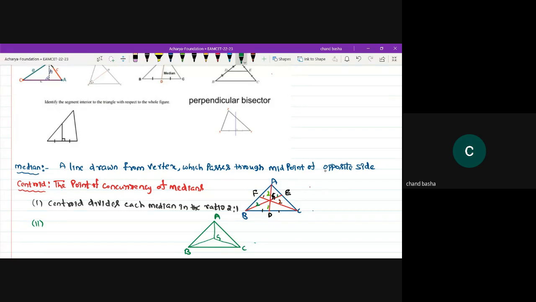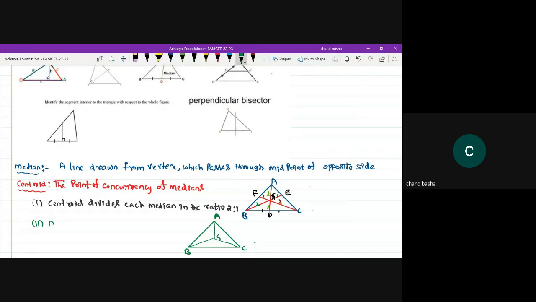AGB, BGC, AGC will be equal for the centroid. So whenever the centroid of the triangle ABC is given to you,